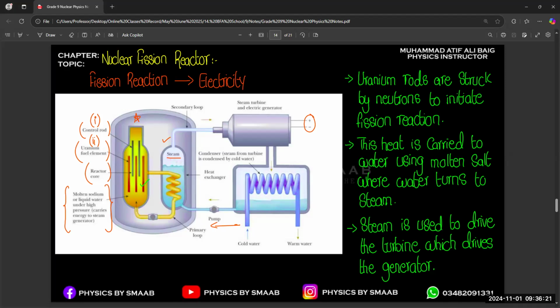Like there are electricity power plants in many countries. Those actually work on nuclear reaction, because in a nuclear reactor, definitely we are going to perform nuclear reaction to generate electricity. That's why they are called nuclear reactors. And you can see it is mentioned